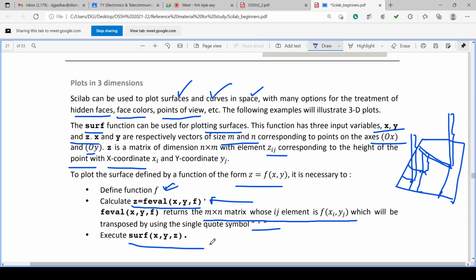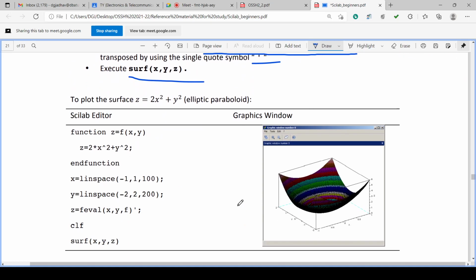First you have to define the function f, z is equal to f(x, y). Then calculate z with feval(x, y, f), and then execute surf(x, y, z). The function is defined as f(x, y), where z is equal to an equation, an ellipse equation or an elliptic paraboloid equation.